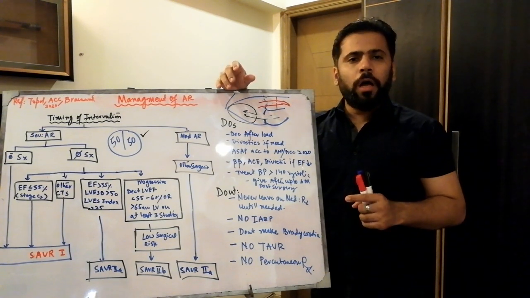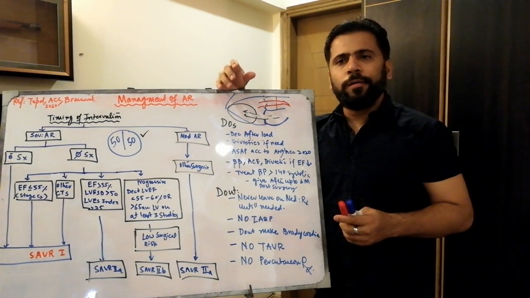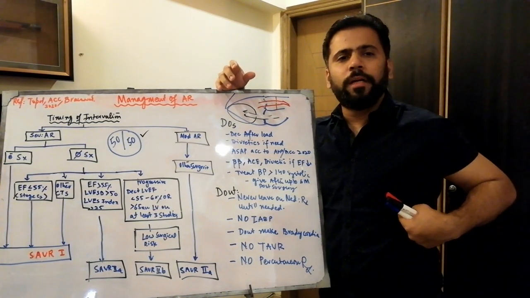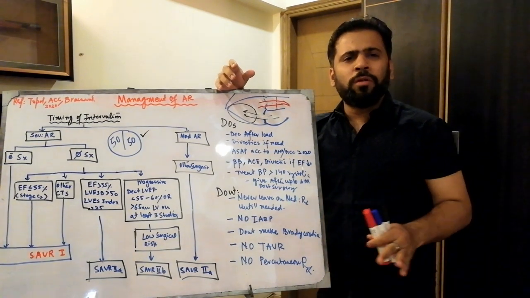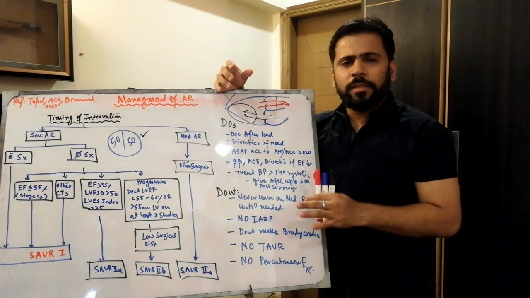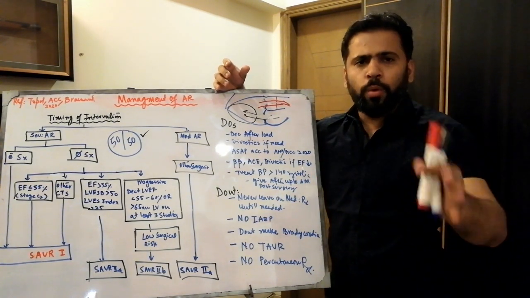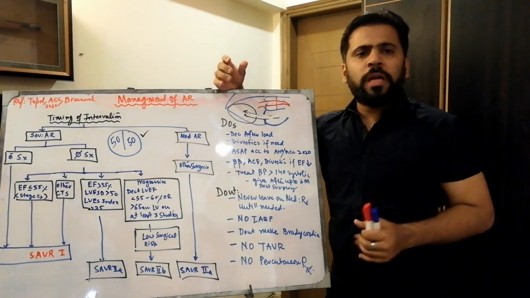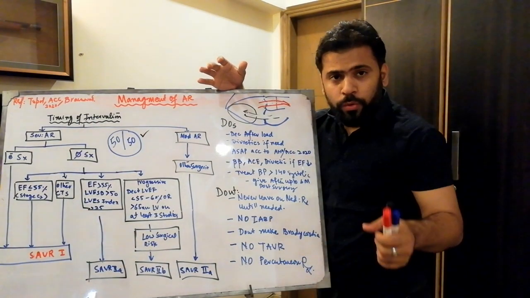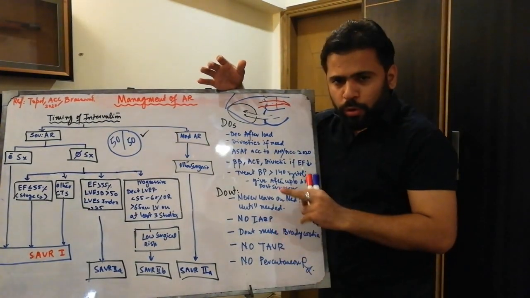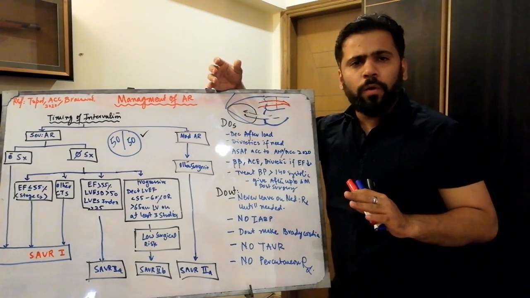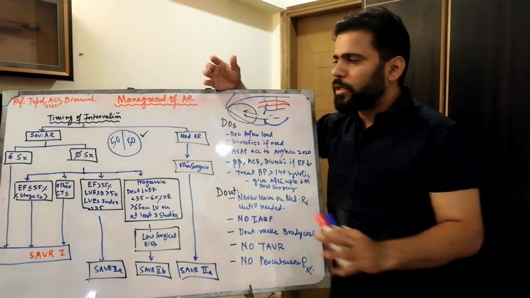There are a few things which have been done or are under research, like the transapical treatment of AR. But no need to discuss all these things because it will just confuse you and make this lecture complex, and I don't want to confuse you, guys. I just want your concepts to be very crystal clear. So just remember one thing: no percutaneous treatment has been recommended anywhere, in the guidelines from ACC or AHA.